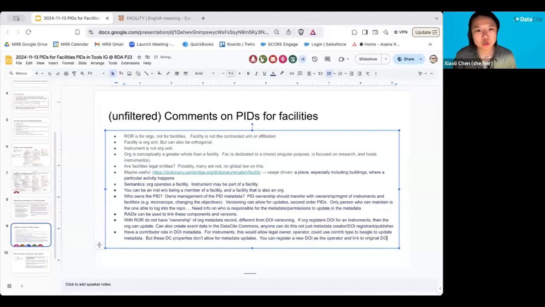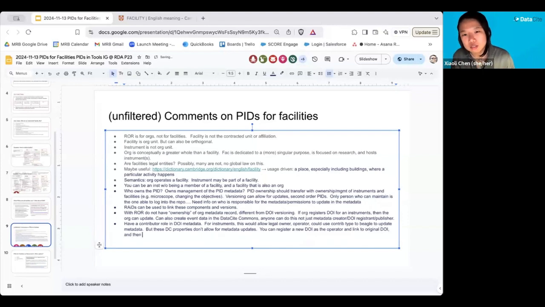And the next person who made a modification to your instrument can continue to have a new version of that, and they will be the publisher of that DOI. And they're linked by